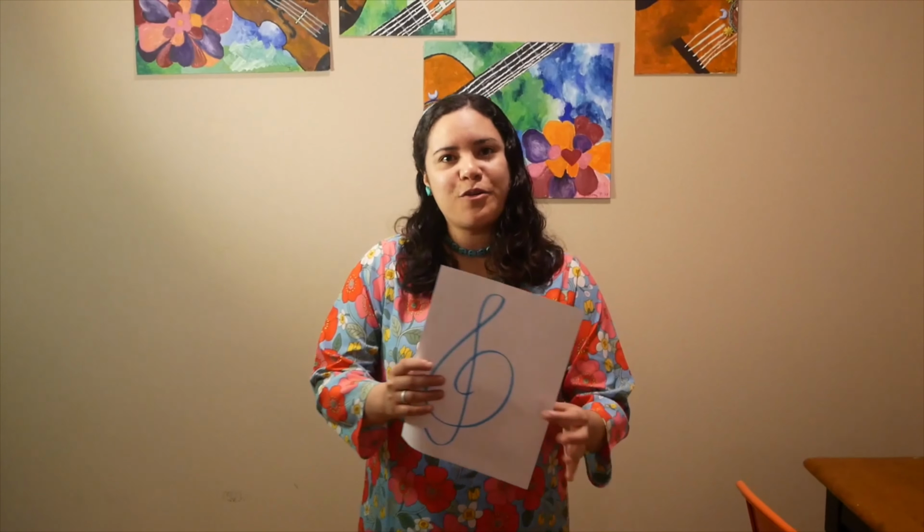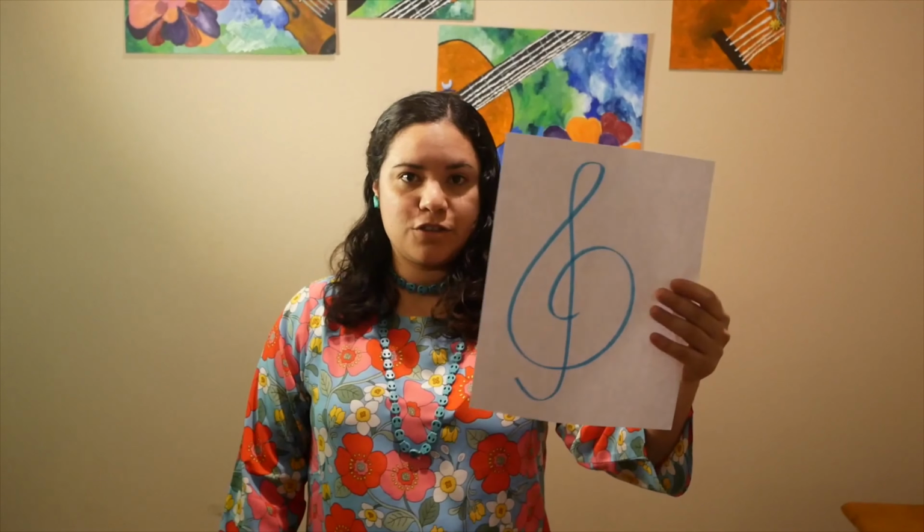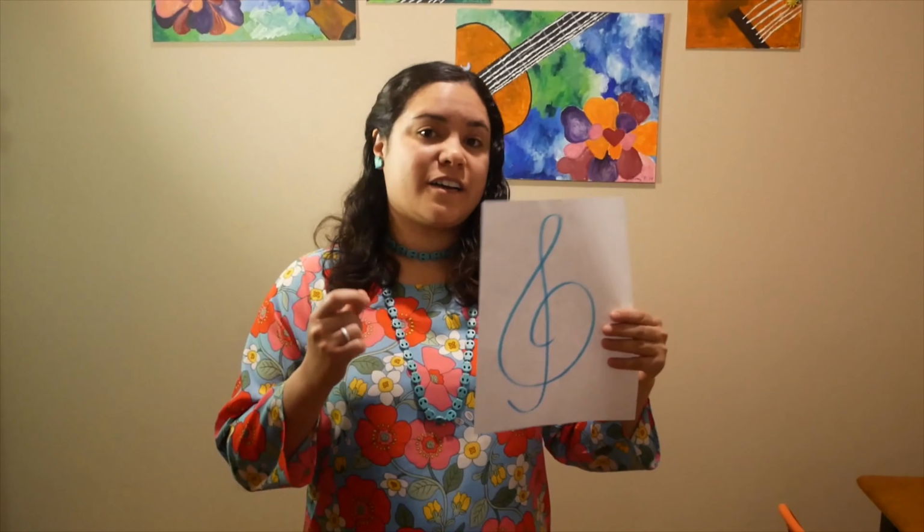Okay, with that being said, today we're going to learn how to make a treble clef. So treble clef is a symbol in music that musicians use to read music. Okay, so you'll always see this symbol at the beginning, if your instrument uses this clef. So if you're not familiar with the symbol, that's okay. We're going to learn how to draw it today, and then we're going to do something a little extra with it too. So the way you spell treble clef is